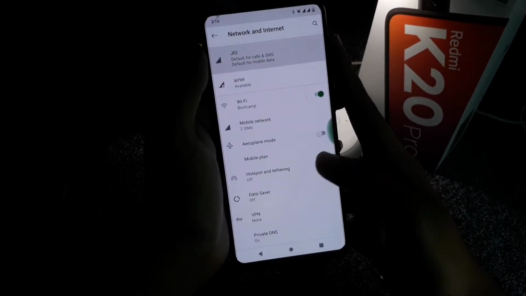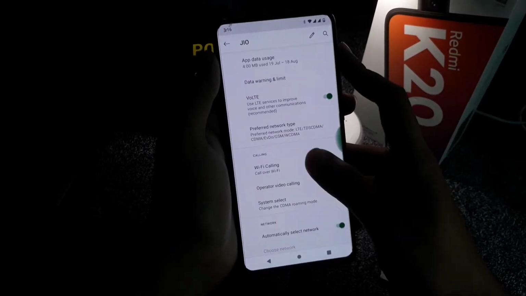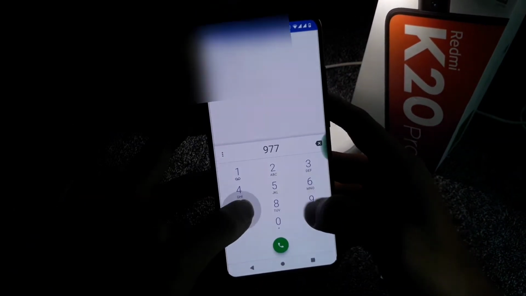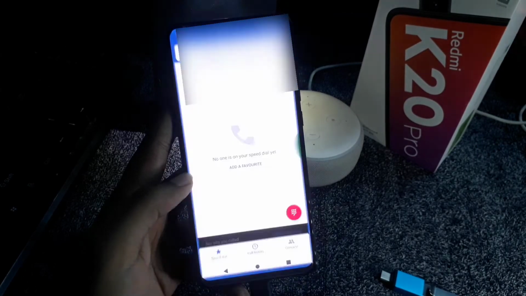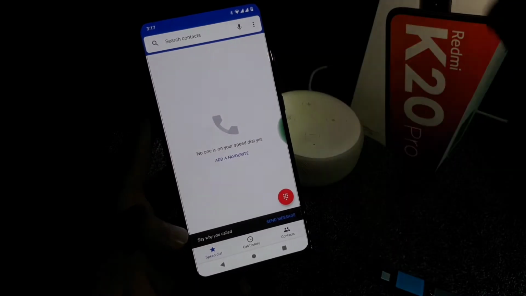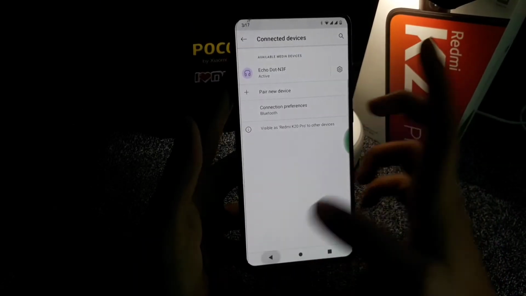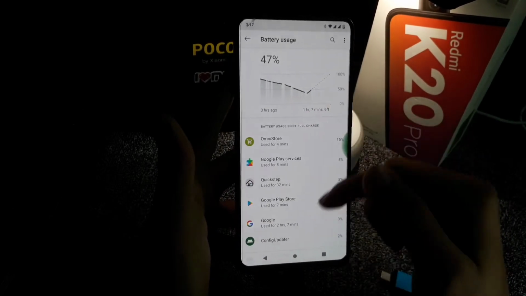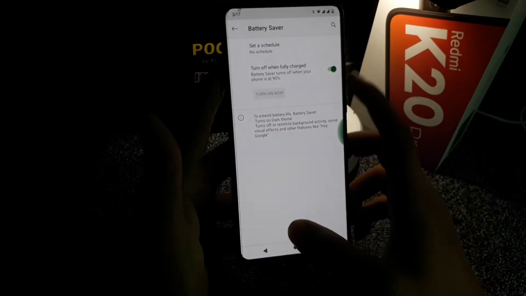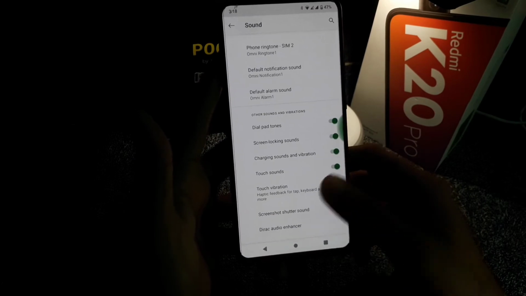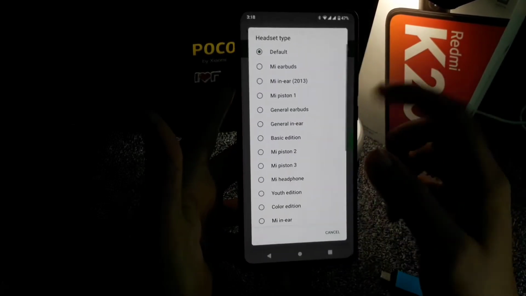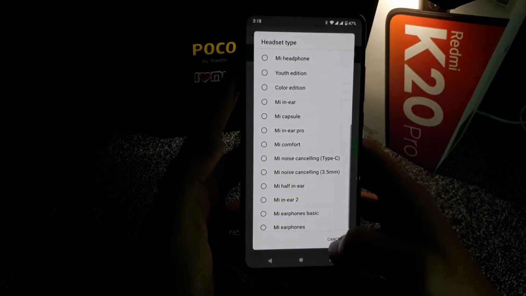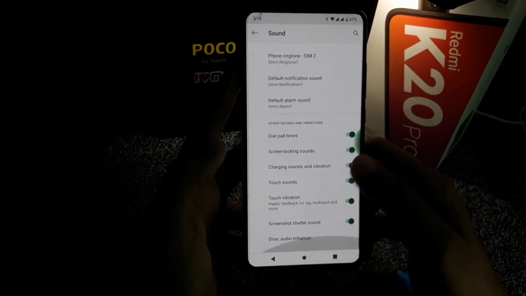Now in the network section, the Jio VoLTE voice calling and the Wi-Fi calling are working perfectly. I am giving you the example. You can see that it is showing the HD option, so it's working perfectly. And the Bluetooth is also working perfectly, and in the battery section there are some simple things which you can see in other ROMs. And in the sound section you can see an audio enhancer is given, and there are some headphone presets which are in MIUI, and you can enable the hi-fi audio from here.